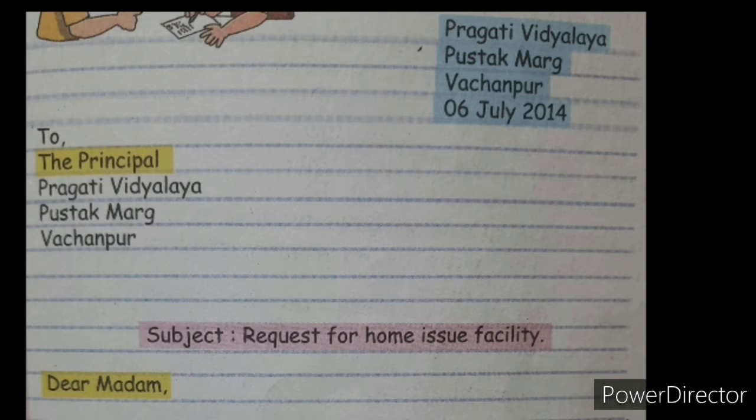The next step is to write the name or post of the receiver near the left margin. Then write his or her address below that. After the sender's address, the next step is to write the post and name of the receiver, that is, the person to whom you are going to write the letter. It should be written near the left margin. You can see here, at the left margin, the name and post of the receiver is written, and below that his or her address, the receiver's address, is written.